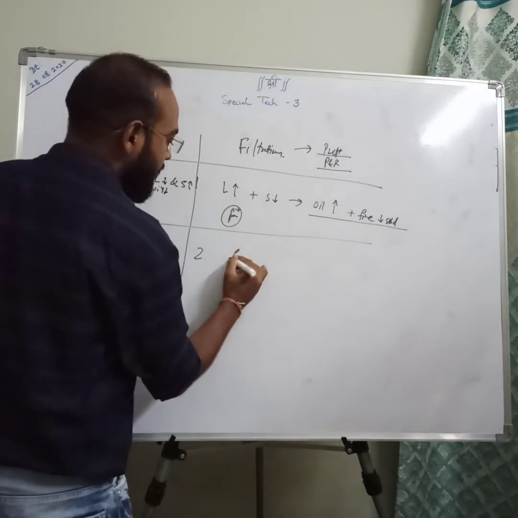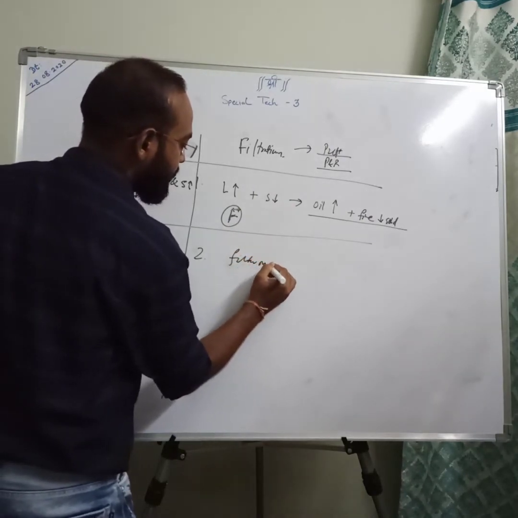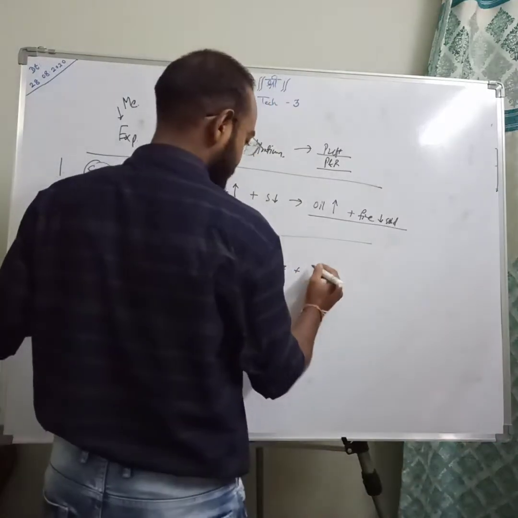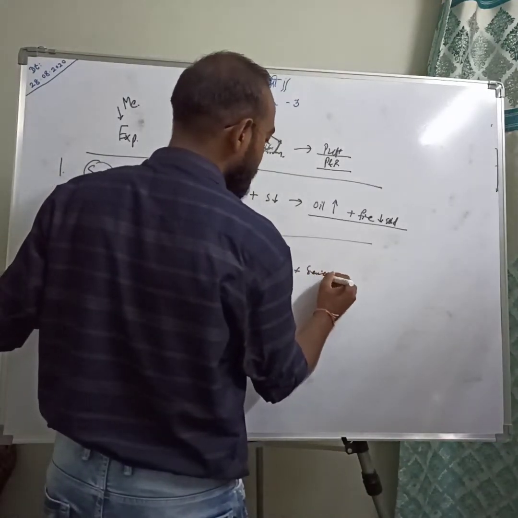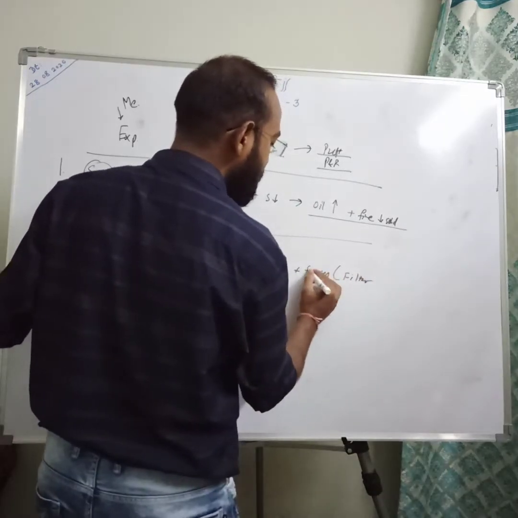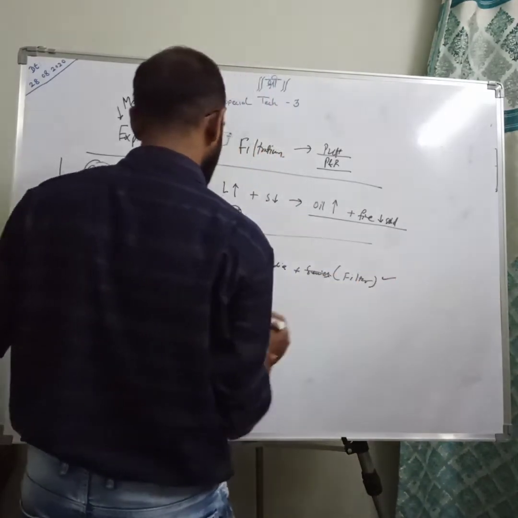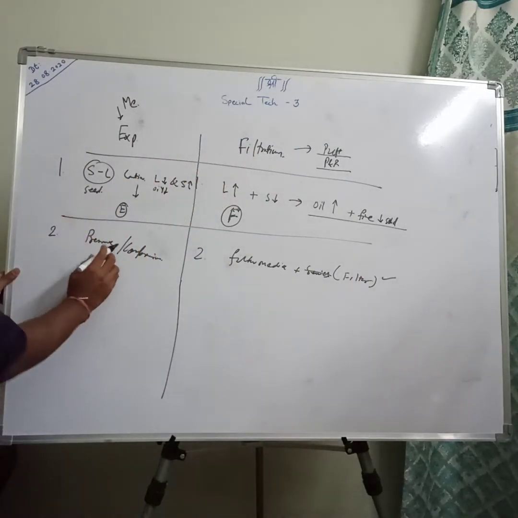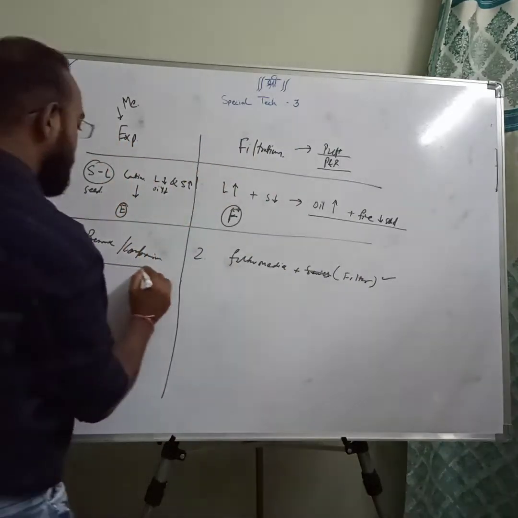Filtration is carried out with the help of filter media. Filter media is there, and n number of sieves and a filter. Instead of sieves, we can say that filter is used. With the help of filter and filter media, filtration is carried out. By applying pressure or compression, expression is carried out.